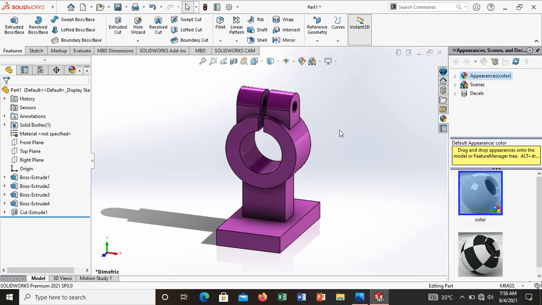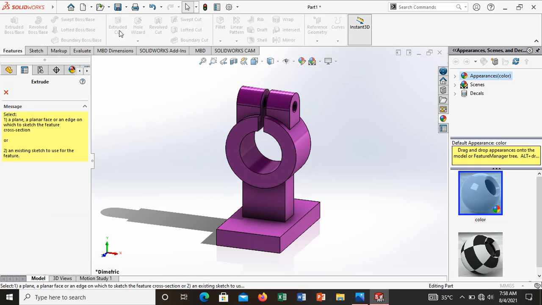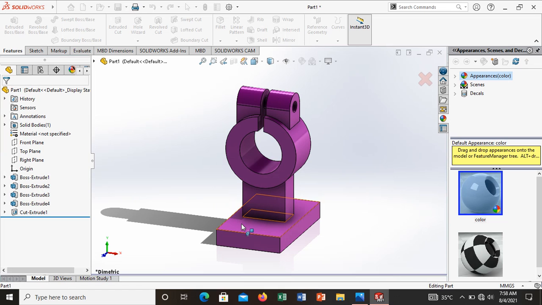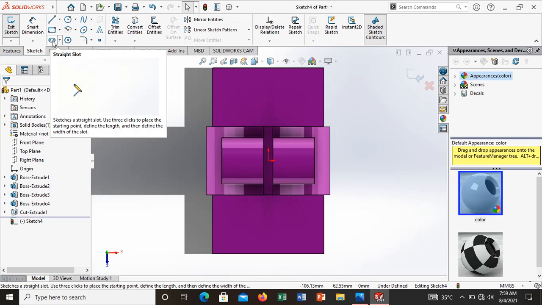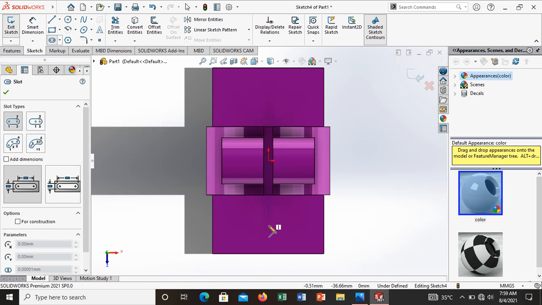One more thing is pending, which one? This profile, one slot is there. How can it be drawn? Select the top plane or select the plane. First of all, you select the extrude cut. Select this place, it automatically comes into sketch view. Here, ready-made, they have given a special profile in SolidWorks. Go and select that profile. You just draw it here, one line from one point to another point. Enough.